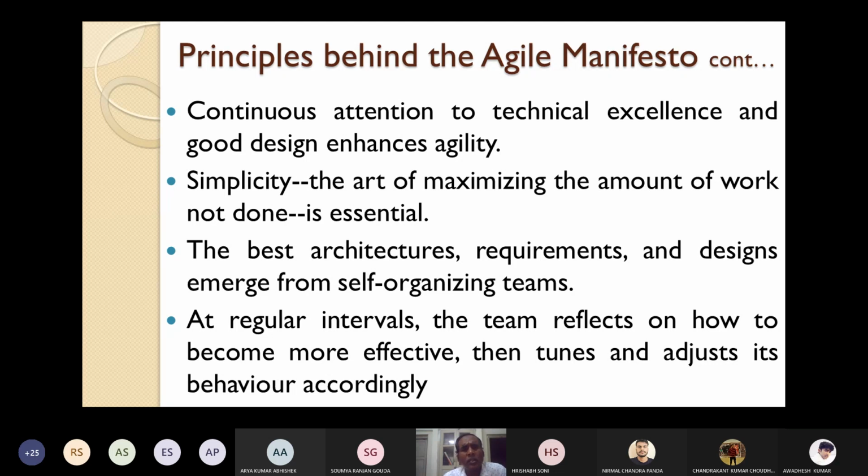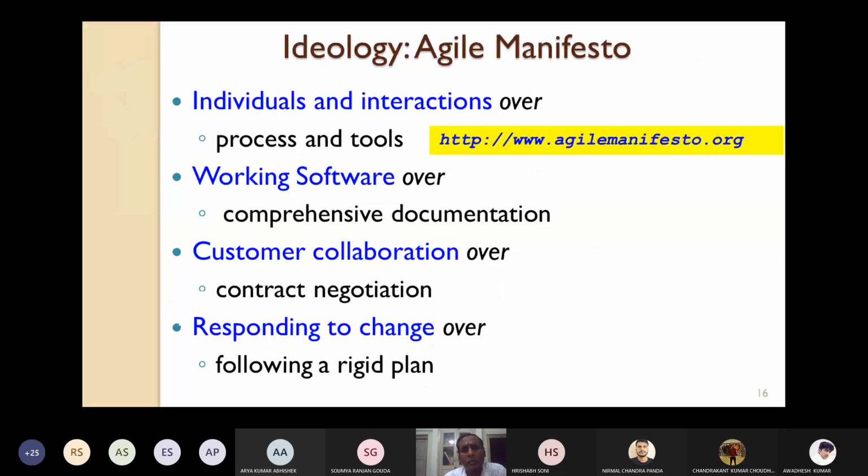Let's see what the ideologies in the Agile Manifesto are. All the ideologies you can find in this link. Here in the Agile Manifesto, more focus is given on individuals and interactions over processes and tools, as done in traditional software.